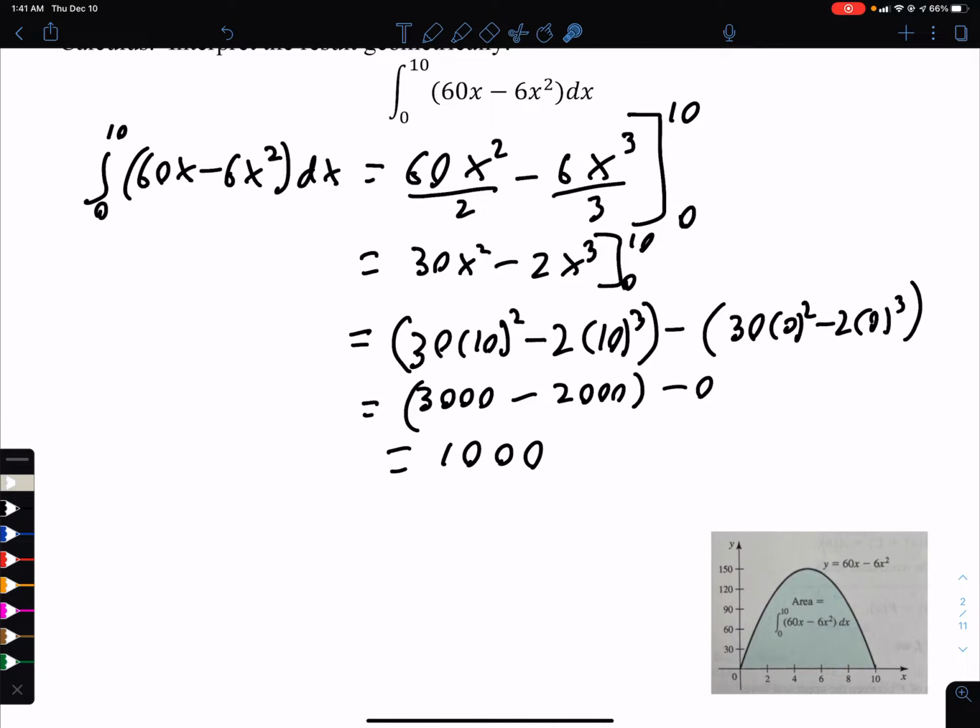This is the graph of this function, 60x minus 6x squared. That's a parabola. We know it's a parabola, and it's upside down because of the minus. This is the graph of it. In other words, the area of this region is going to be 1,000 square units. That's the meaning using the fundamental theorem. Crazy, eh? So that's the answer to part